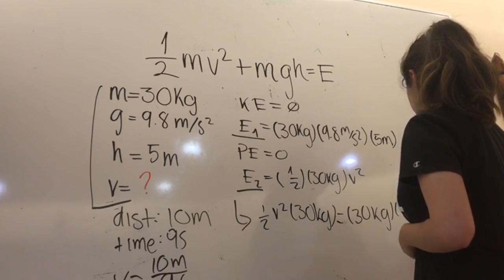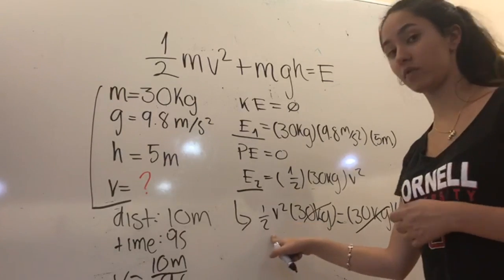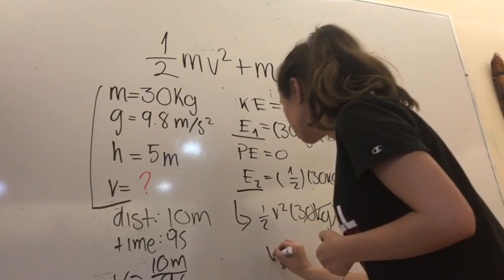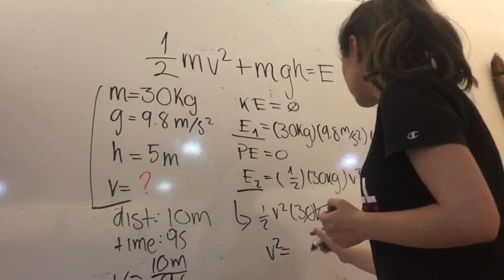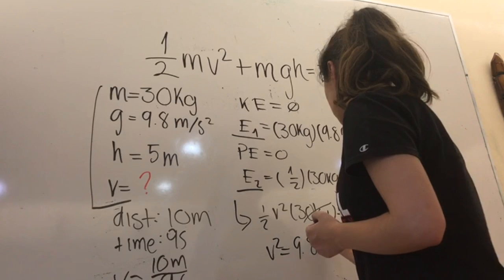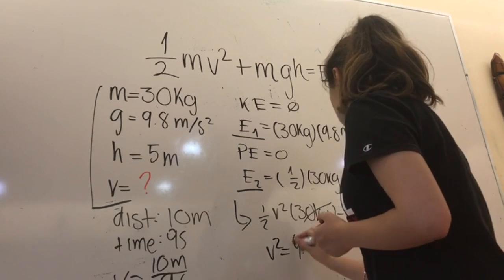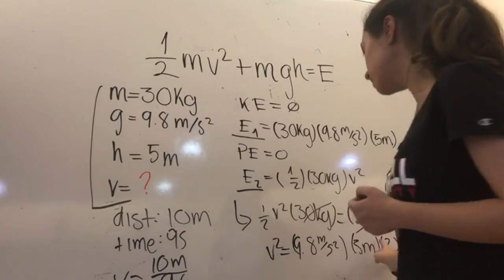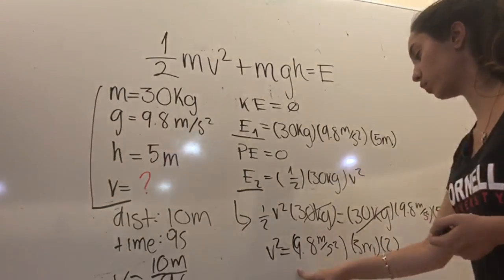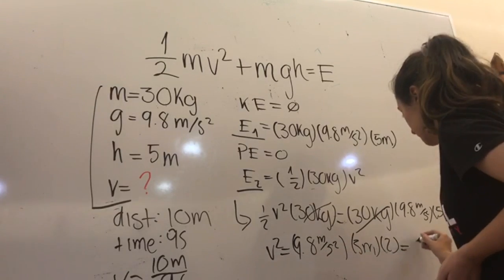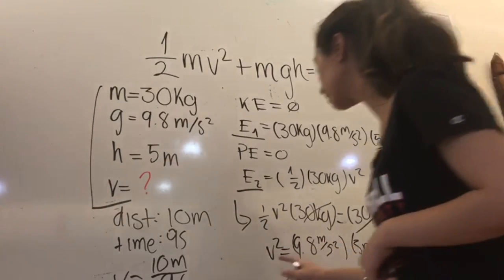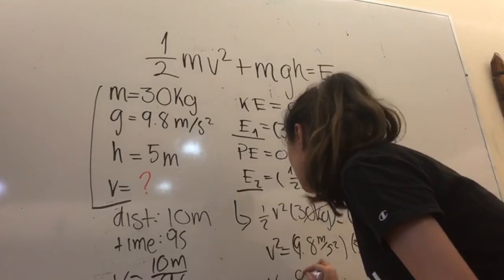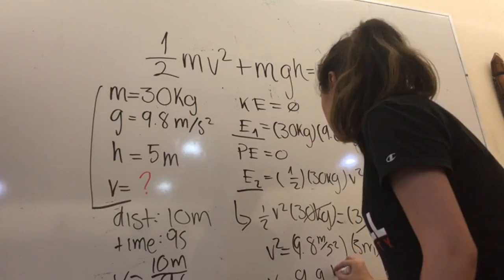times 5 meters. On both sides, we have a 1/2 here, we can send it here, multiplying it by 2. We get that V squared is going to be equal to 9.8 times 5 meters times 2. 5 times 2 is 10, 10 times 9.8 is going to be equal to 98. And we want the square root of this, so we have that V is going to be equal approximately 9.9